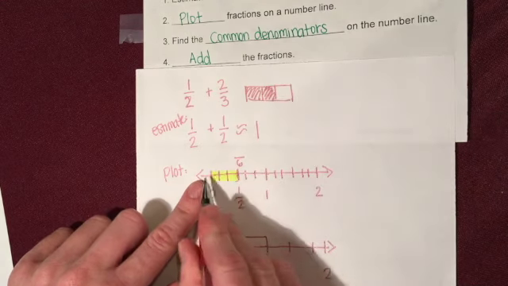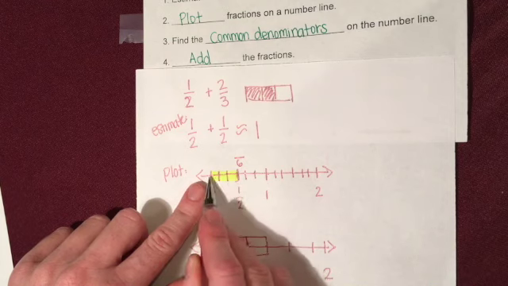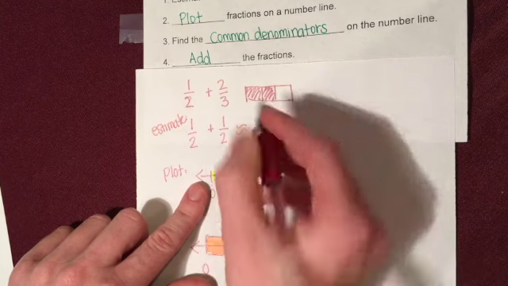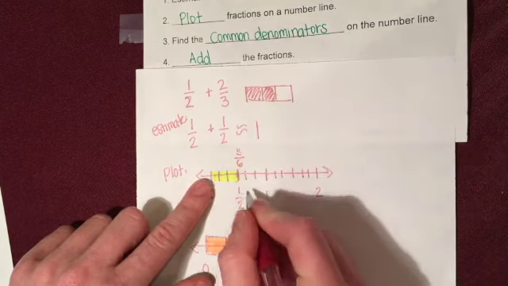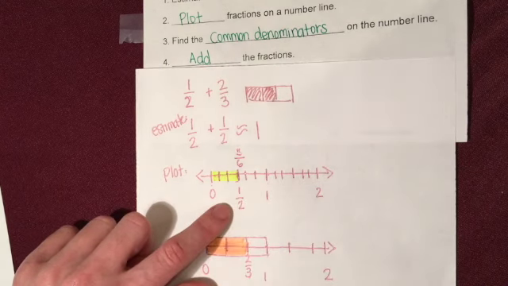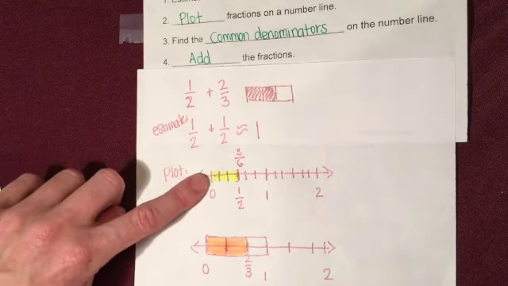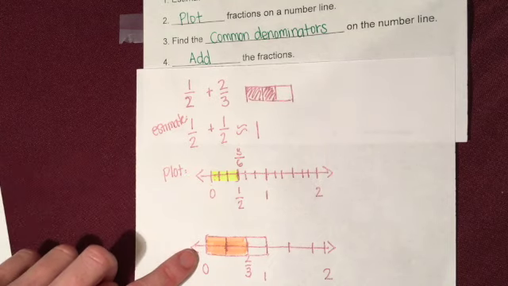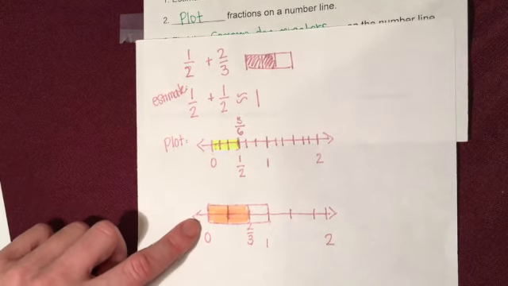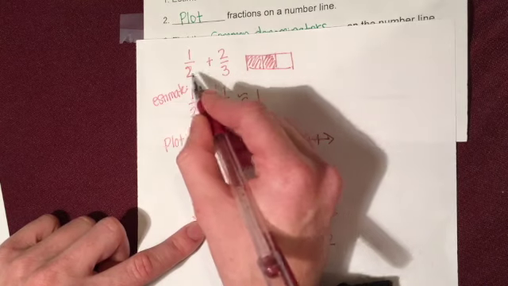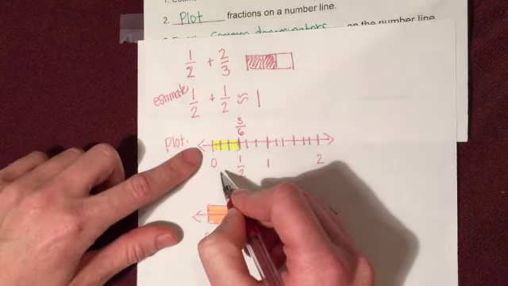And how many parts did I shade in for 1/2? 1, 2, 3. So 3/6 is equivalent to 1/2. So just like we did for the first number line, we're going to do it to the second number line. So my first number line that I had